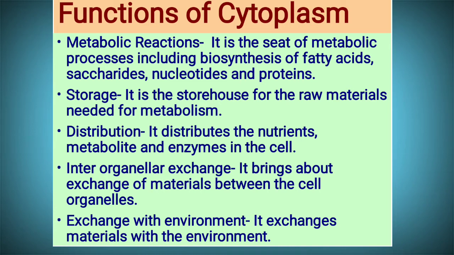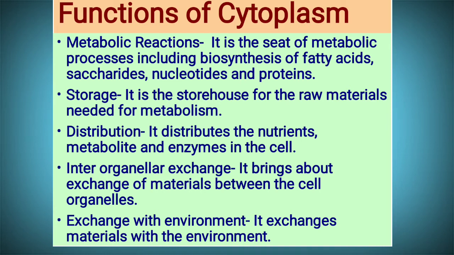So cytoplasm, it distributes the components from one part of the cell to the other, and this distribution can be that of nutrients, various metabolites, and enzymes in a cell. So here nutrients, that means the ones that are supplied from the outer part of the cell, those will be the nutrients. Then metabolites, these are the ones which are synthesized within the cell, say from the